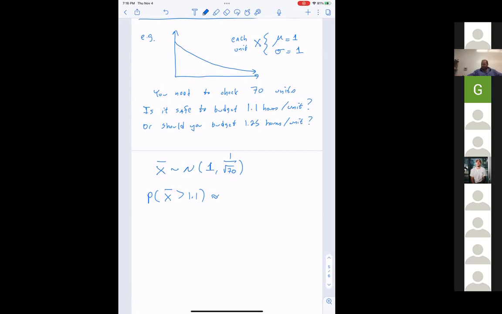But you're right. What I'm hoping for is to get to a point where you don't always have to do the math, because you can see what the answer should be. What do we put as the upper and lower bounds? Well, greater than 1.1. So what's the lower? 1.1 is the lower. And what's the upper? Infinity. Yep.